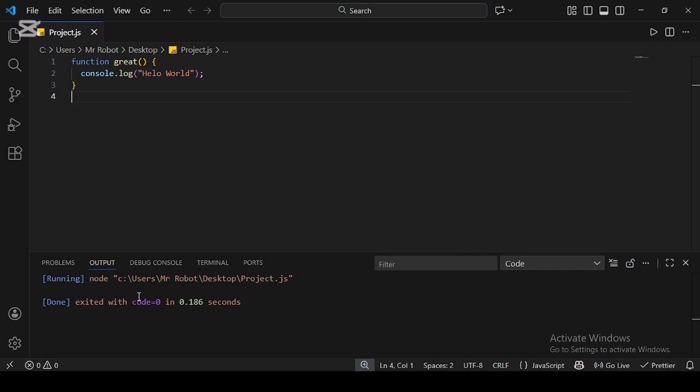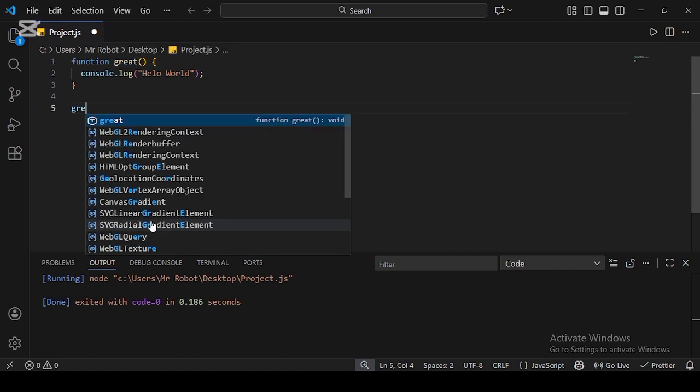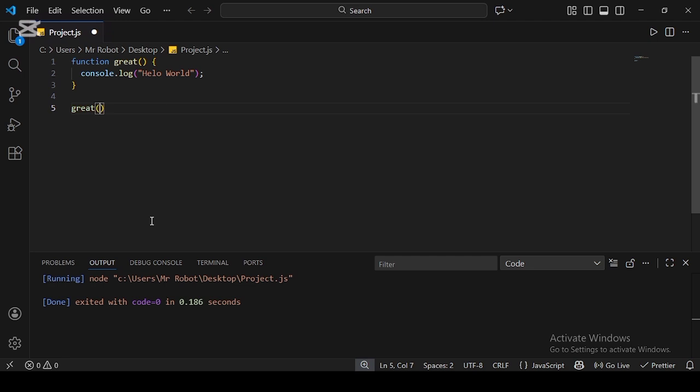So in order for me to log this line of code, I have to call this function. So how do I call this function? I come down here, and the name of this function is what I'll be using to call it. Then I will just say greet and give it these two parentheses. That's all. Let me get this output. If I run this code now, it will return hello world,